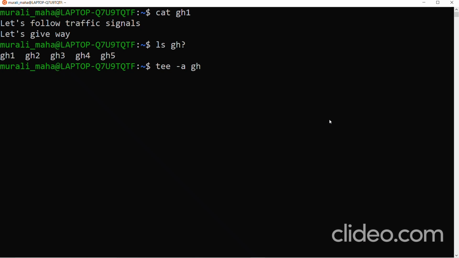You don't have to give GH1, GH2, GH3 everything. You can just give gh question mark and then press enter. Now whatever I type, that would get appended to the already existing contents of these GH files like GH1 to GH5.